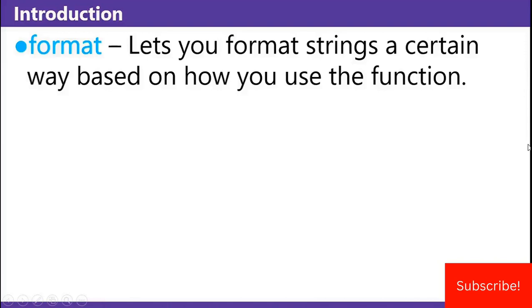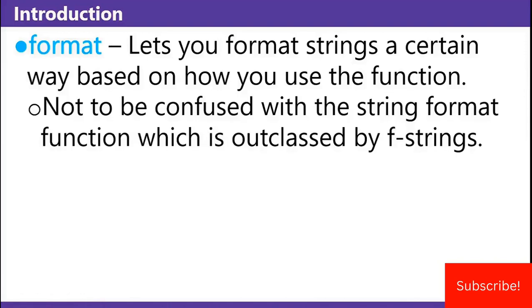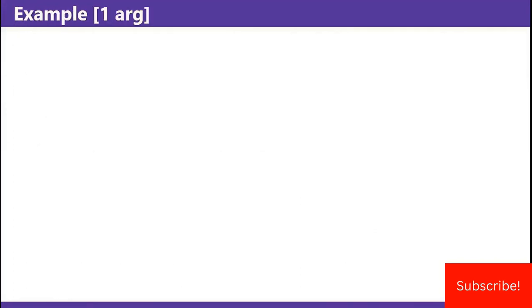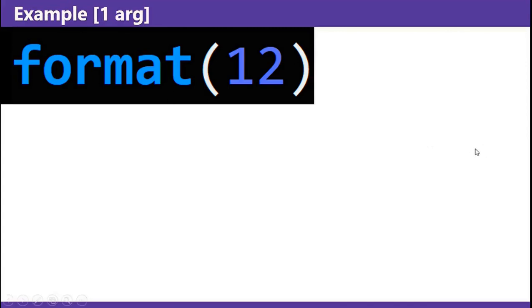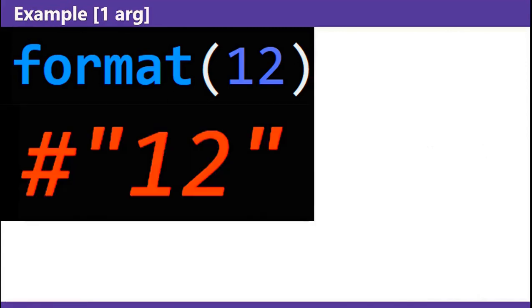In Python, the format function lets you format strings a certain way based on how you use the function. This is not to be confused with the string format method, which is outclassed by f-strings. Format with just a single argument is simple. Say you pass in the number 12 to format, that will be equivalent to calling the string constructor function str